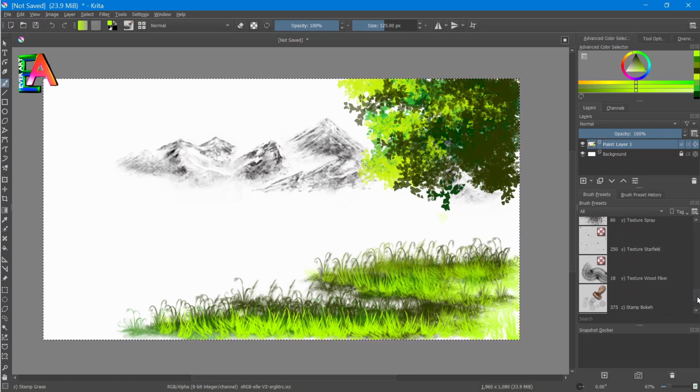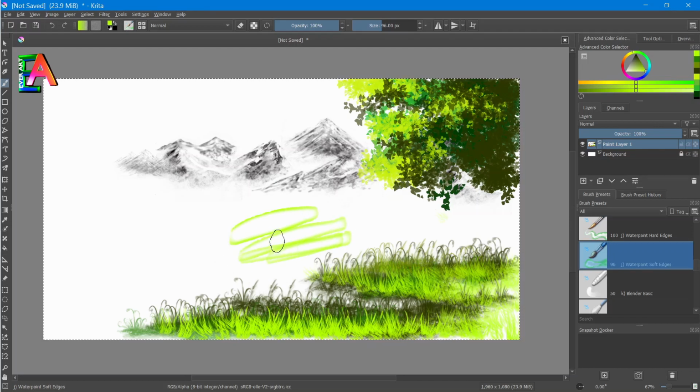A lot of brushes are available. You can see here are a lot of brushes. Even you can get watercolor brushes, oil paint brushes, and oil pastel chalk effect. Here are the options for water paint soft edges, because if you want to try to draw with this brush, it will create a water like effect, but with edges having softness. You can see a soft effect is coming out from here, and I am undoing it by pressing Ctrl Z.